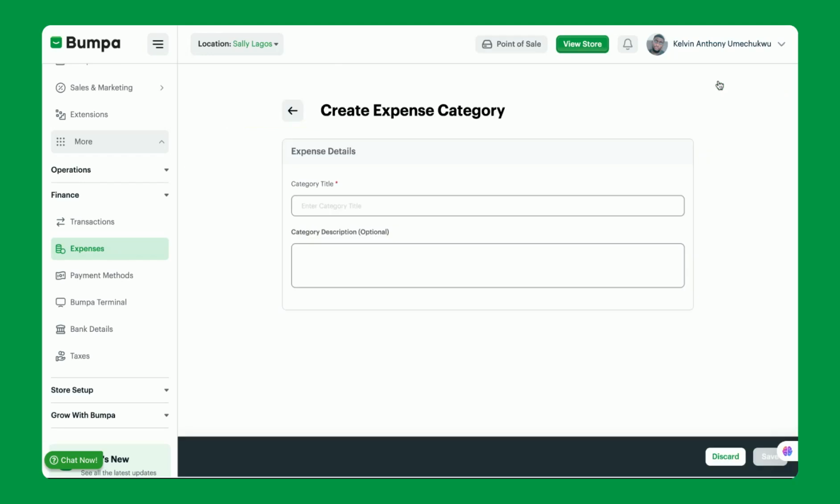Once you click on it, you put in the title. So we say influencer marketing, and the description. Again, this is optional, but let's say we add one. Okay, so now we have a description. This is just helpful so that you don't forget what the expense category was about. So once you've done this, you just click on save,